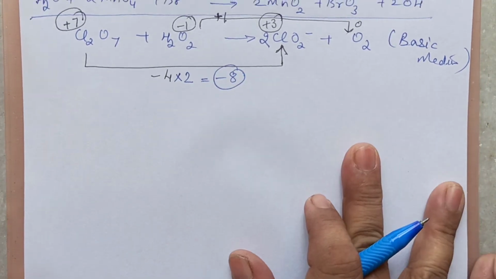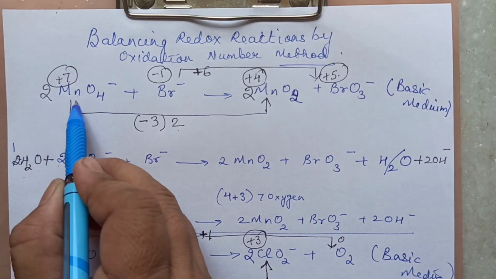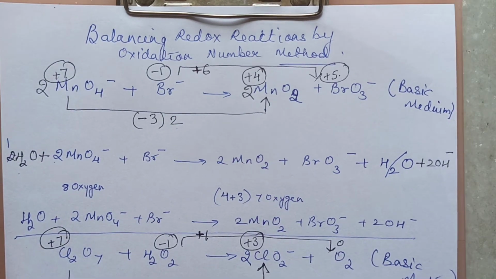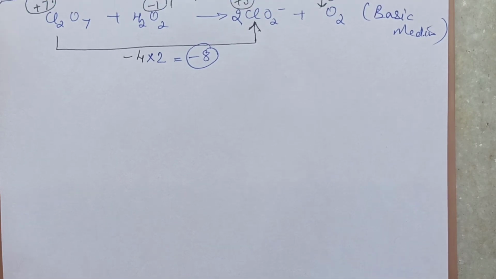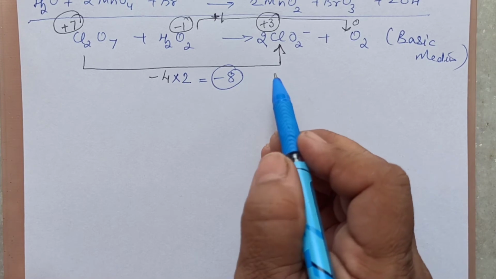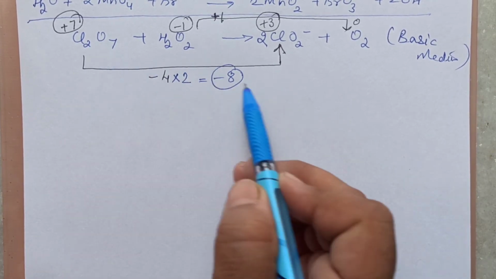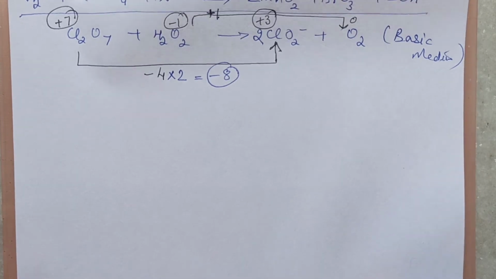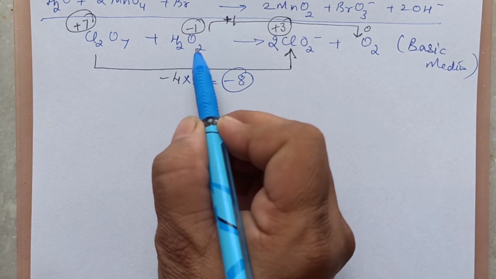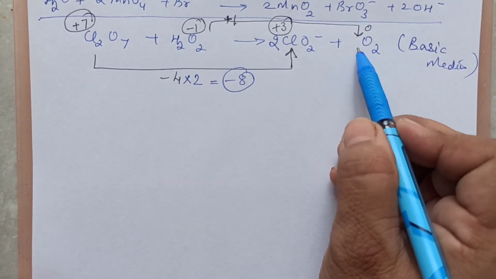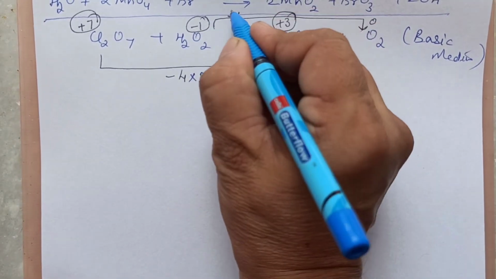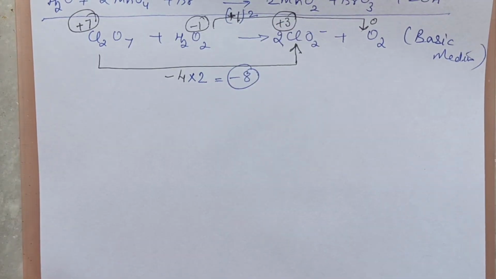This is very important. In the previous one, children, you were having 1 Mn and 1 Mn. We multiplied with 2 to make increase equal to the decrease. Here it is different. Here what we are doing is that Cl2 you are having. Okay, so for 1 chlorine atom, the decrease was by 4. So for 2 chlorine atoms, the decrease will be by 8. And this is again for 1 oxygen atom, minus 1 say it became 0. But there are 2 oxygen atoms. Okay, so that means the increase is by 2. Increase is by 2.